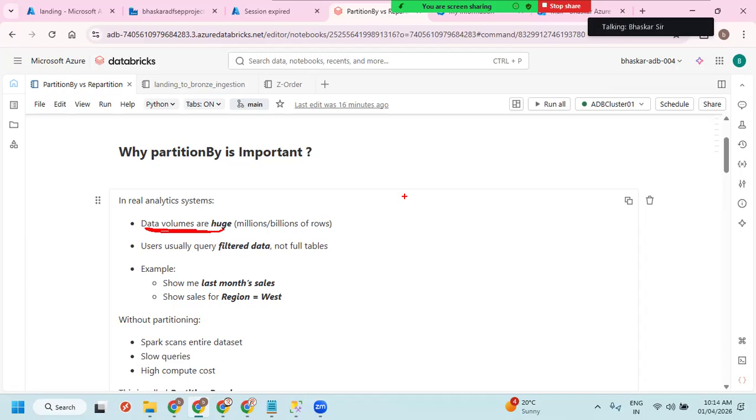For most of the tables, we did it because we have a framework and we use the framework. If you're already having a framework, automatically we are going to follow the same approach. And users, basically we, the reporting team, are going to filter the data, right? In that case, we are going to use this partition by.